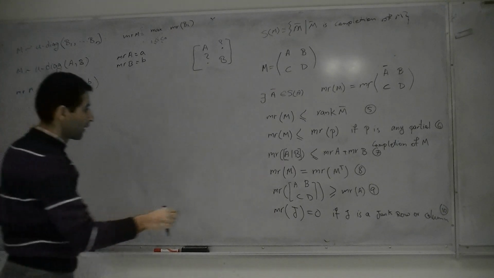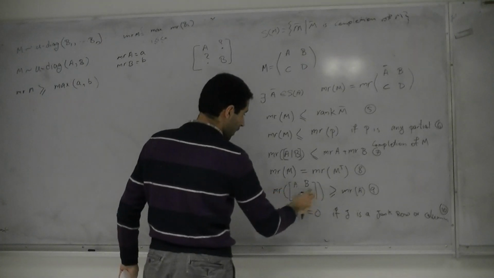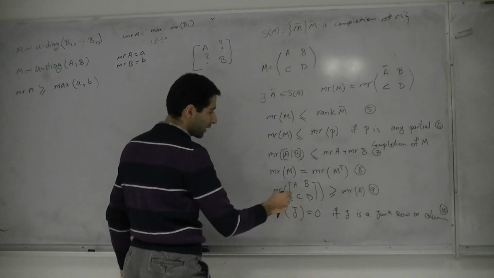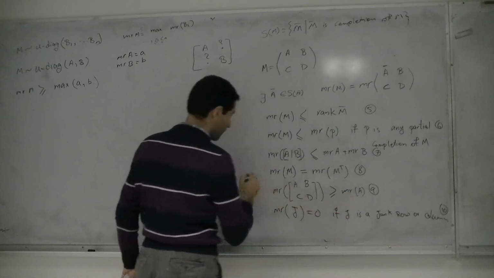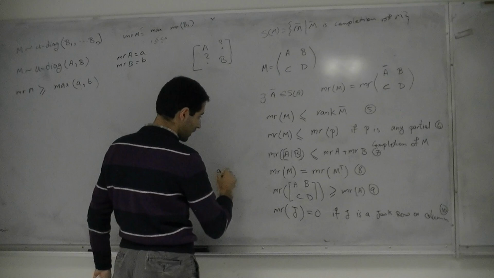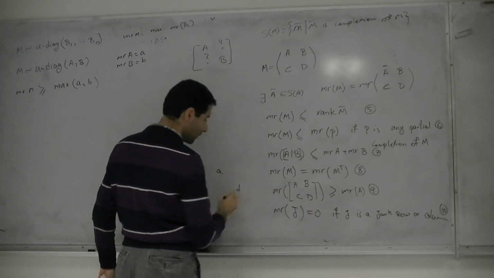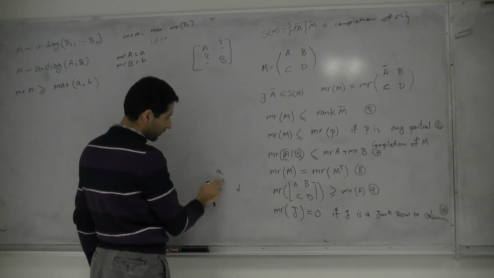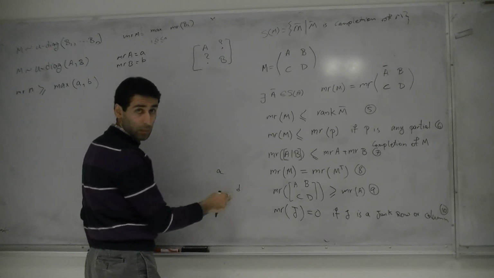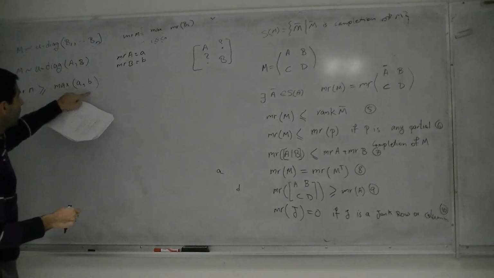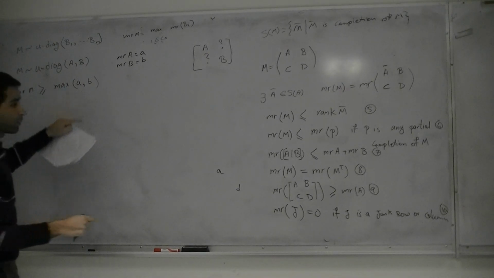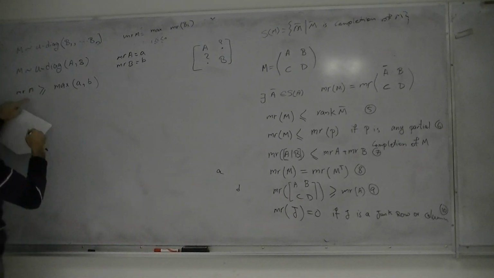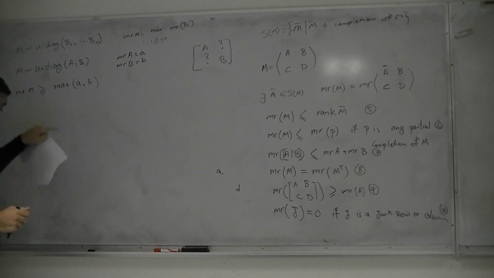Okay, because this matrix is bigger than the minimum rank of each element. For example, if the minimum rank of this one is A and this one is D, then A is bigger than the biggest one in these two elements, and the maximum of A and B is the maximum rank of this submatrix, and the original matrix M, the rank of that must be